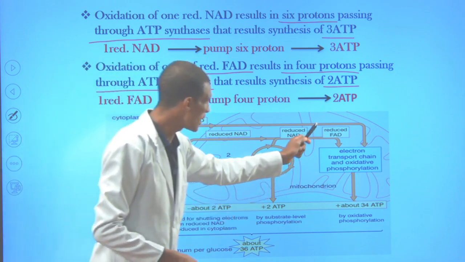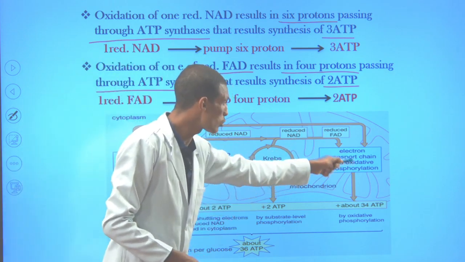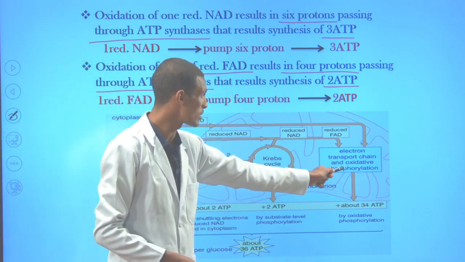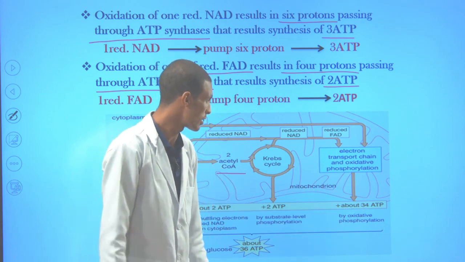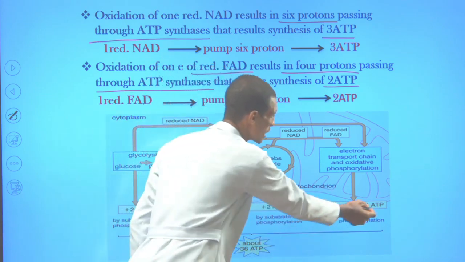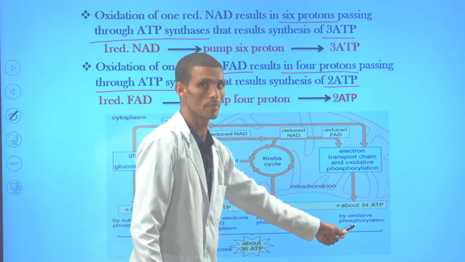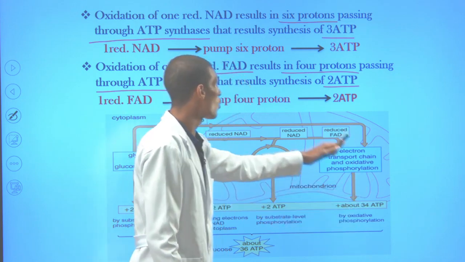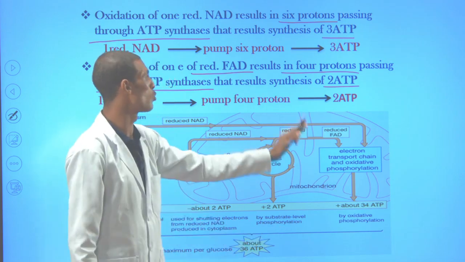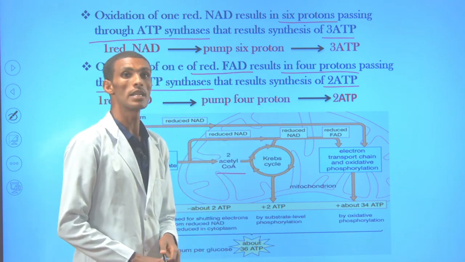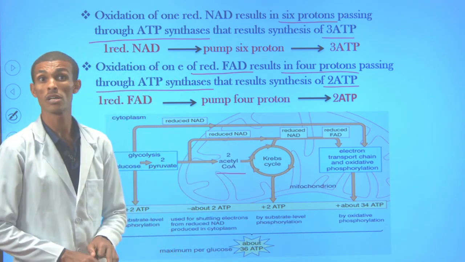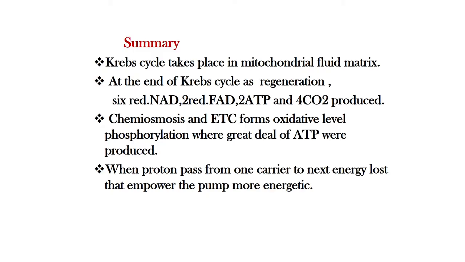Then finally, in the electron transport chain, which involves oxidative phosphorylation, about 34 ATP by oxidative phosphorylation are generated here. Generally, from the complete oxidation of a glucose molecule, the net gain of ATP is about 36 ATP. Generally, student,